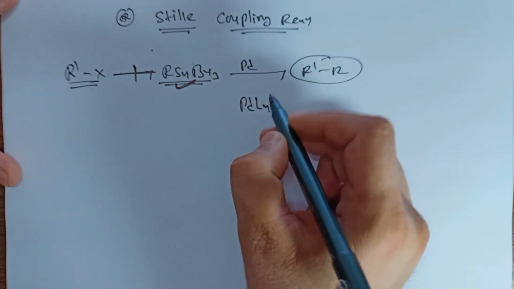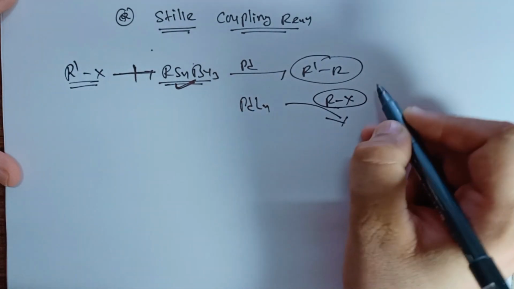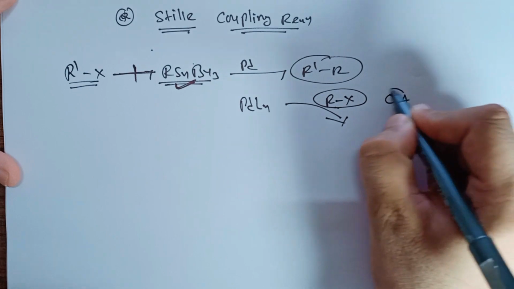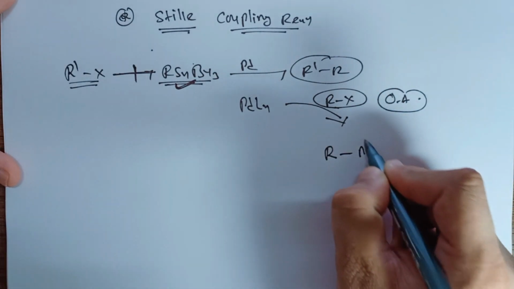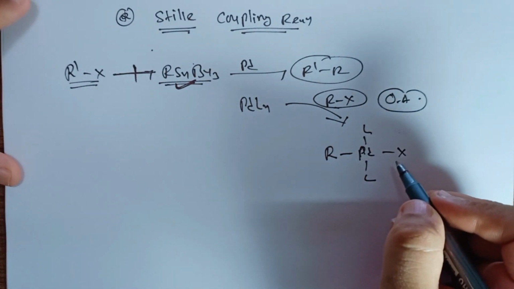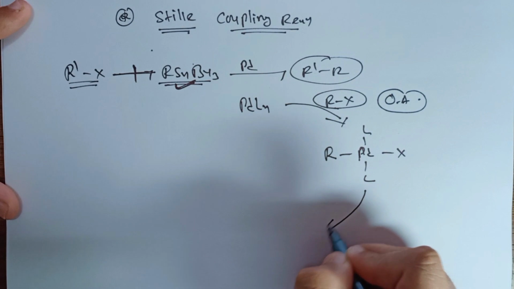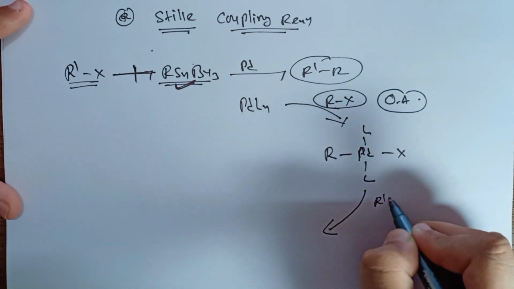that is having a ligand. Now again we are having a first step that is common in every reaction, that is oxidative addition reaction. Okay, so here we are having a R, palladium, ligand and X group over here. Now when it is reacted with the tin derivative, here we are having a tin derivative, that is R dash